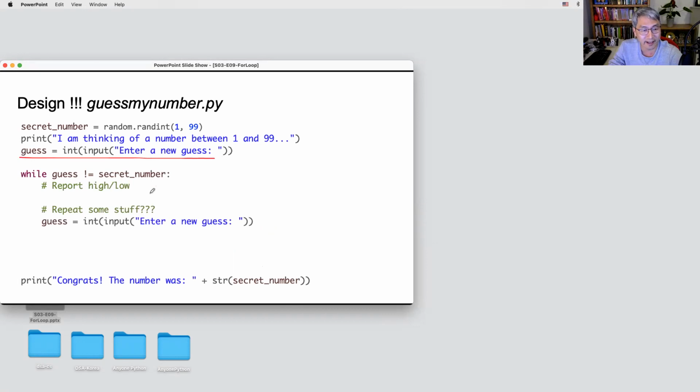Then we can judge whether it is low or high, and if it is not correct yet, continue. But before we start the while loop, we need one more guess. So this is the fencepost problem in the while loop.